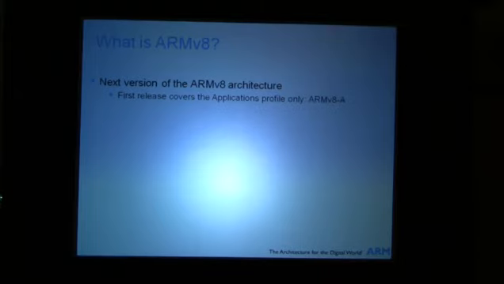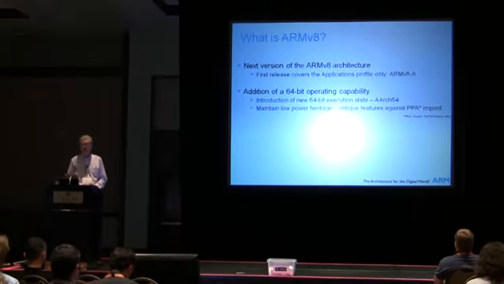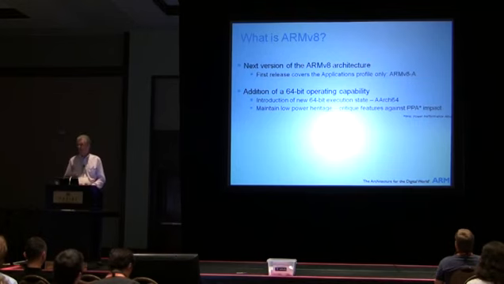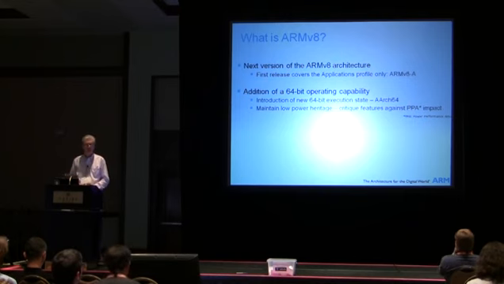So what is V8? Well, it is the next version of the architecture, and it's A profile, which means it's got a memory management unit and virtual addressing. 64-bit capability is the main differentiating criteria for this. So now we've got that 64-bit execution state, which we're referring to as AArch64. But as I mentioned at the start, we have a heritage of low power, and so we've been very critical, doing a detailed critique of the features as we've put them into this architecture, so that we don't believe they will have undue penalties on power, performance and area. It's key to our future going forward.